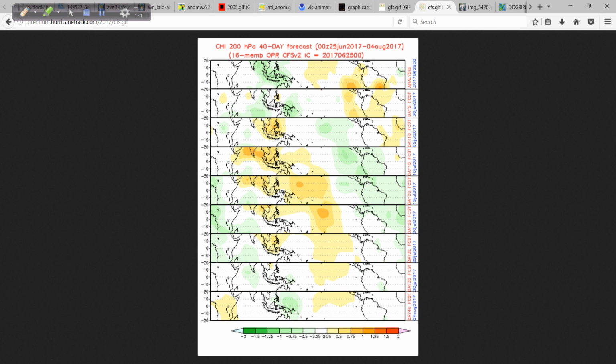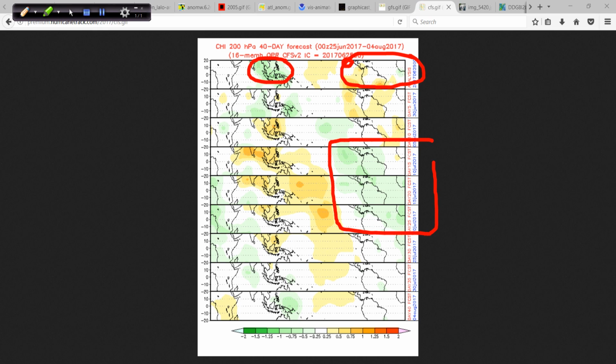The climate forecast system, the other one was the GFS. So this is the CFS, and this shows us for the next 40 days. And again, your basic outline, hopefully you know your geography. You got your western hemisphere over here, and the maritime continent over here. And right now, generally favoring the eastern Pacific ever so slightly. But look, when does the Atlantic Basin come to life? Well, at least if this is correct, it's going to be about 10 days to 2 weeks or so, and